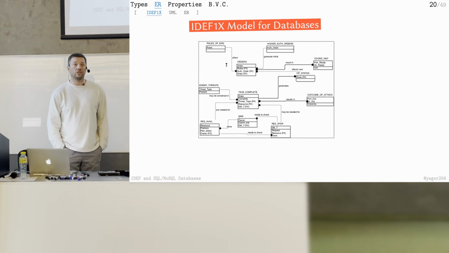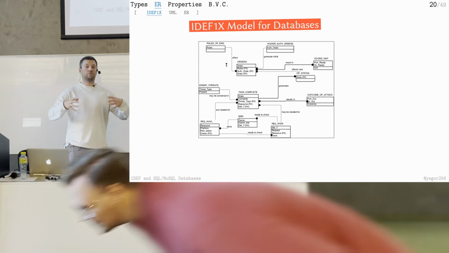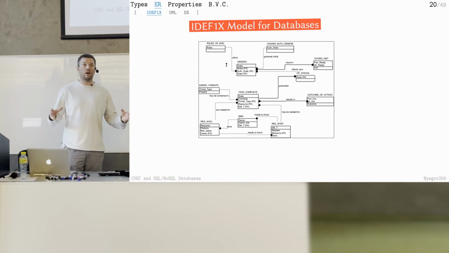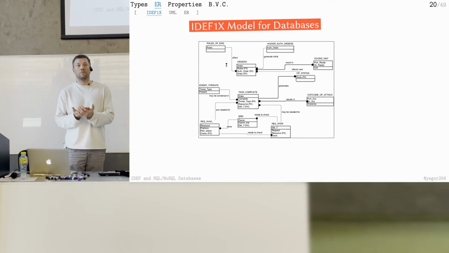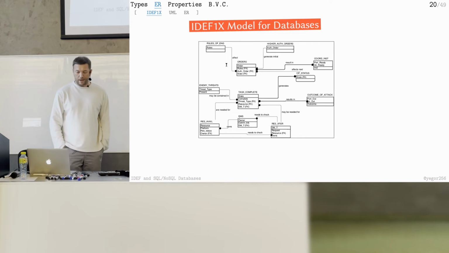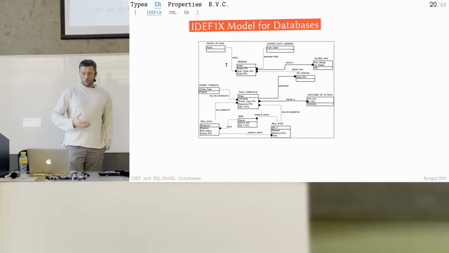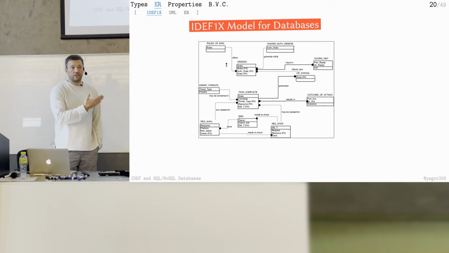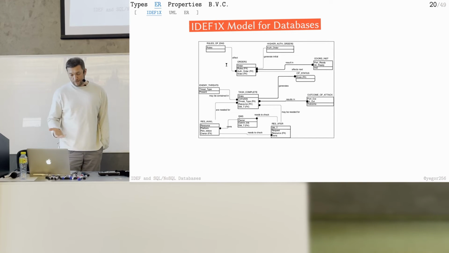And we're going to talk about relational databases. In order to explain how your tables are designed, how they connect to each other, you need to use some language. I suggest 3 languages. The first one is called IDEF1X. It's a model for databases, where each rectangle is a table or relation, and each line is a connection, a foreign key where tables connect to each other. That's one graph notation to explain to your colleagues what it is.